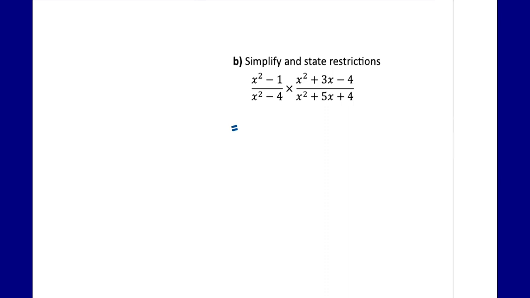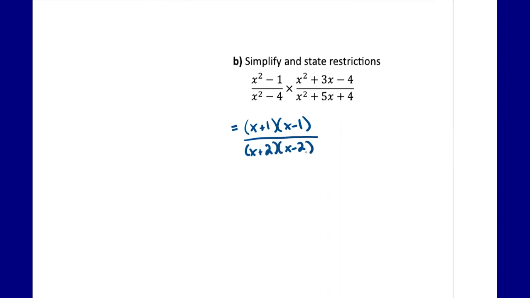However, what I can do is start to factor. Looking right now, there are no restrictions that are apparent. I don't have any factors or single terms or single variables, right? I recognize a trinomial, so I should recognize that I have to factor that. I have two terms here, x squared minus 1 and x squared minus 4. Those don't look like trinomials, however, we should recognize that they are difference of squares. So if I'm going to factor this, the x squared minus 1 becomes x plus 1 times x minus 1, all divided by x plus 2